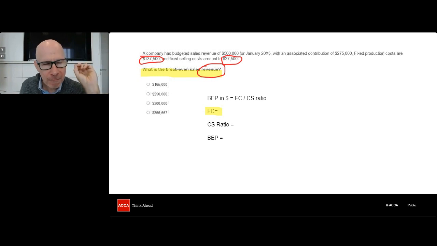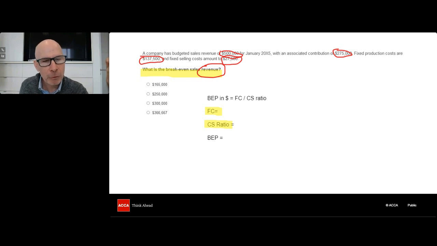Only now do you begin searching through the story, the little story, for the information. You must read very carefully. Every word, every number is there for a purpose. Some of it to be distractors to you. So you got to find the right pieces of information because we do not want units. We want money. And we find the sales revenue. We find the contribution. Oh, with that, I can get the CS ratio, couldn't I? And then I got a total fixed costs.